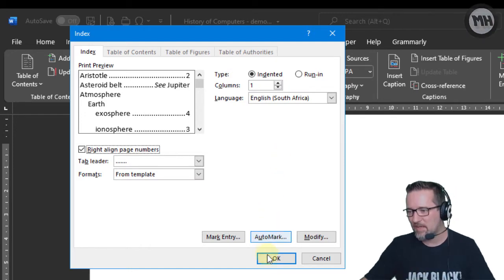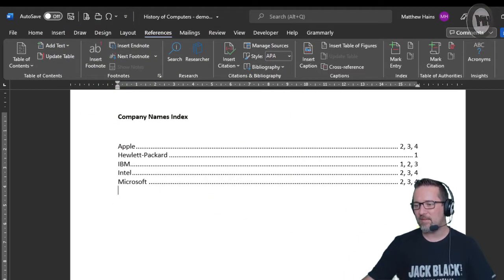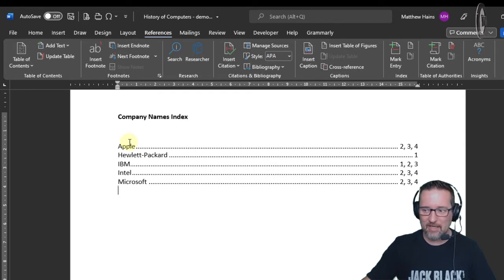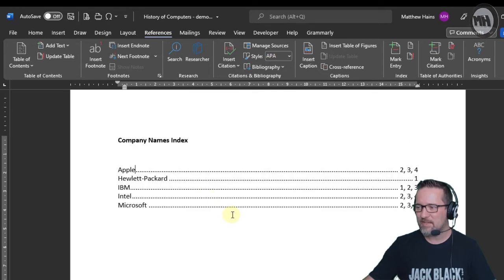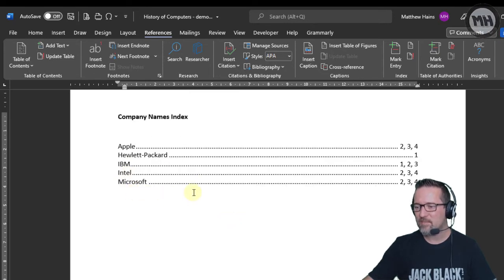Now watch what happens when I click OK. There they are, alphabetically organized. I was going to say alphabetized, which is obvious. Apple, Hewlett Packard, IBM, Intel, Microsoft, there they are, and those are all the pages that they appear on. And there you see is a very basic way of doing an index. It's super easy. It's just like a table of contents, but for phrases and terms that we mark up ourselves